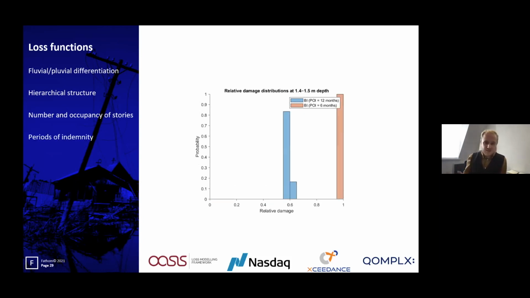One final example of many is periods of indemnity when it comes to indirect damages, such as ALE and BI. This simply illustrates that this particular flood depth in this particular non-residential property puts it out of action for more than 6 months. So you'll be covering the full amount for a 6-month period of indemnity. If your period of indemnity is 12 months, in this scenario, the business will be back on its feet before that time has elapsed, so you won't need to pay out for the full period.